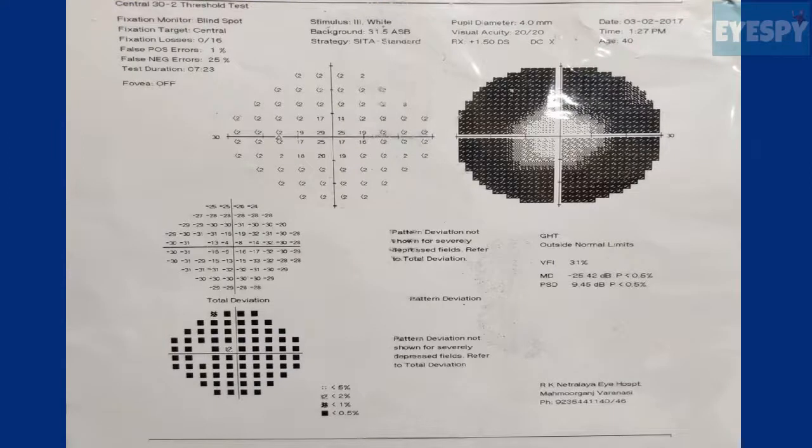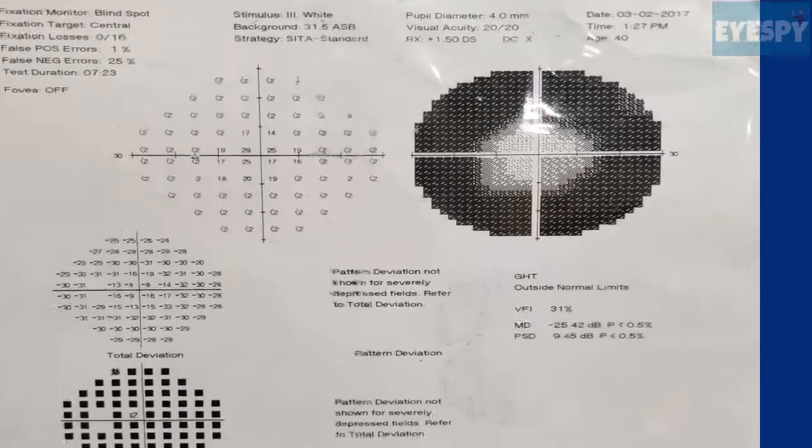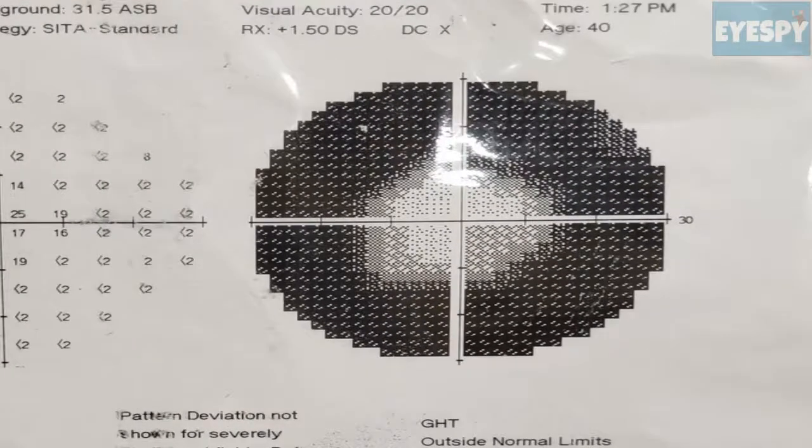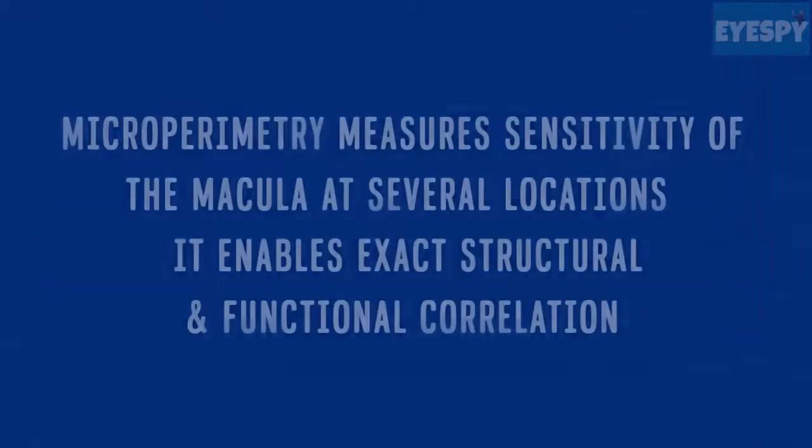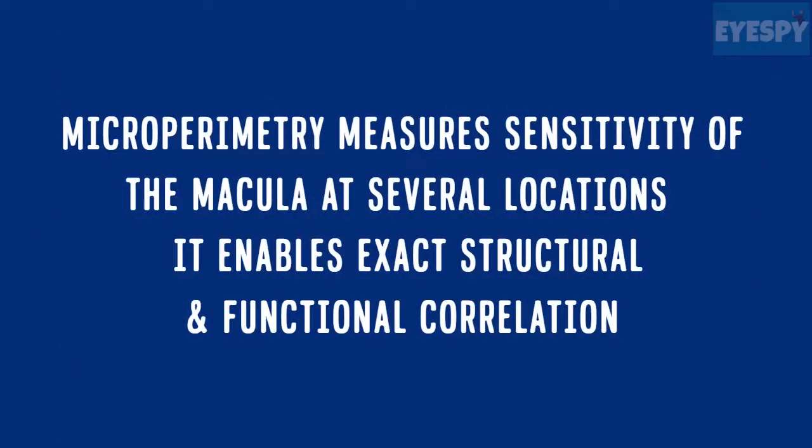Patients have progressive visual field loss which usually begins as isolated scotomas in the mid-peripheral field, which slowly coalesce to form a partial or complete ring scotoma. The outer edge of the ring expands at a faster rate, while the inner edge progresses slowly, and the patients often have a good central tunnel vision. Microperimetry is a novel technique to assess the central visual field and enables a direct structure-function correlation.